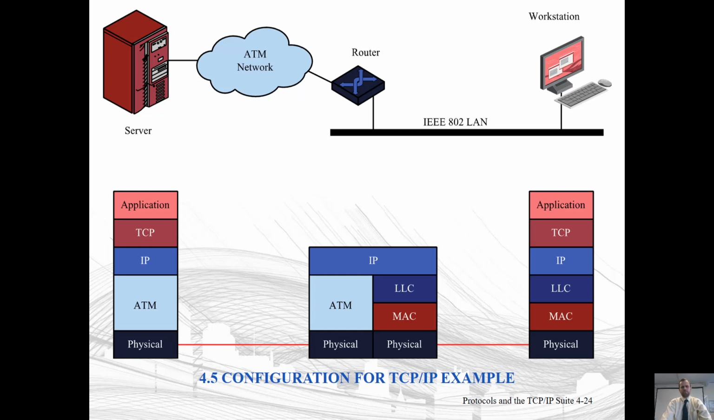So here you have a TCP/IP example of a configuration of a network. In the upper left corner, you have a server. Let's just say you have an ATM network. You have to have a router to route the packets appropriately, and then you could have an IEEE 802.11 local area network. So you're thinking Wi-Fi there, and then some sort of client or workstation. And here you have the physical layer that's basically communicating between the various entities in the network. Okay, so